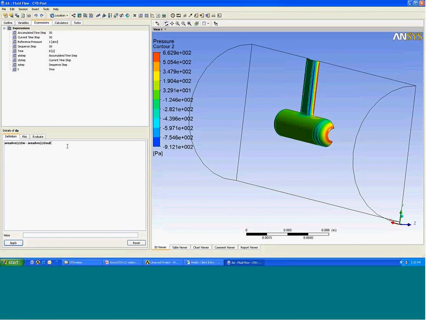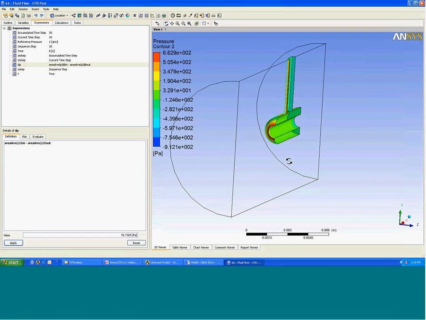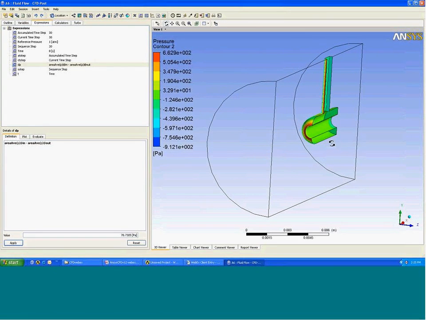That's a scripting tool provided in CFD Post to make all this calculation very, very easy. I simply write out this script and press the apply button. There you go. That's my pressure drop, which means I have roughly 70 pascal pressure drop from inlet to the